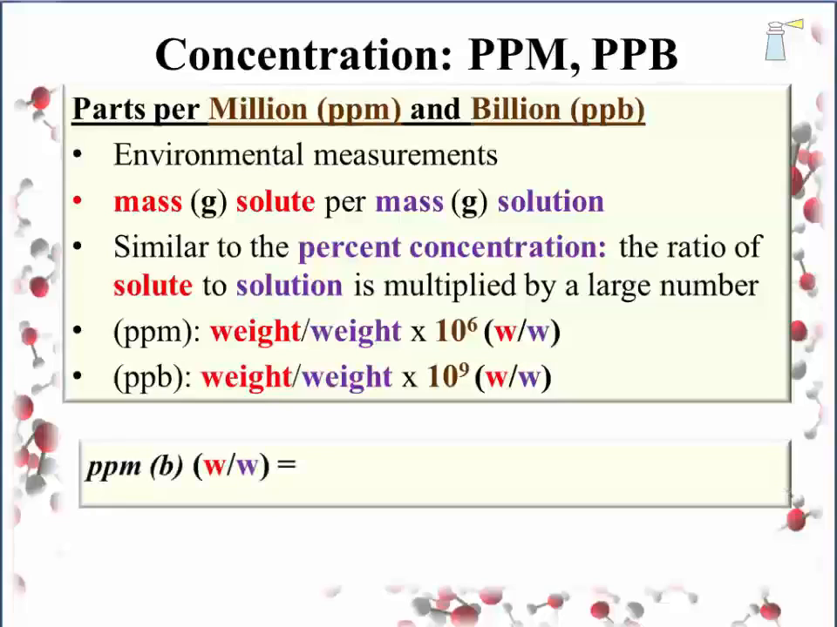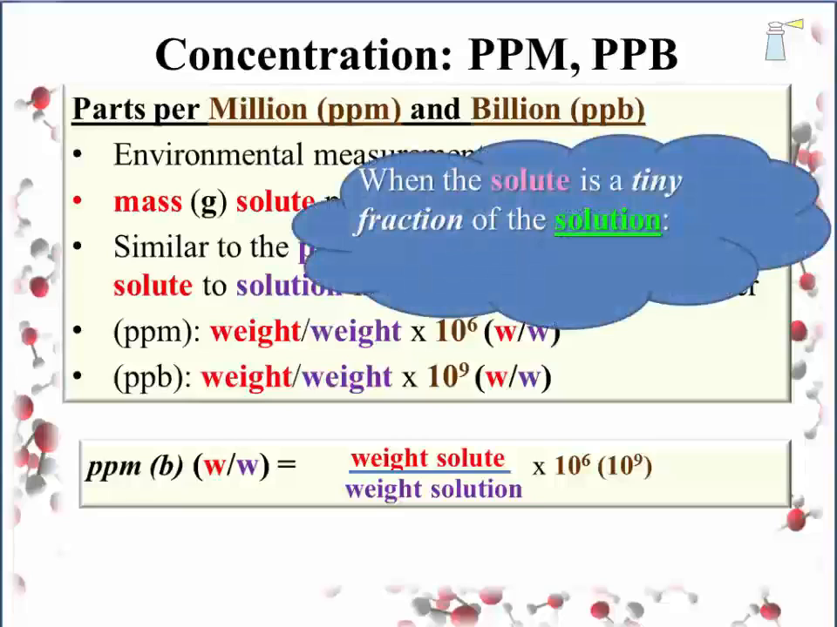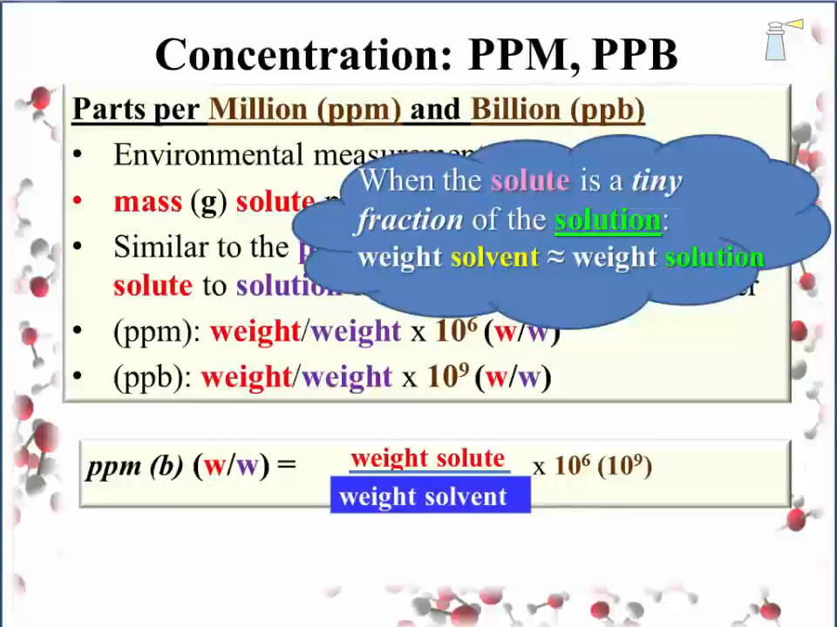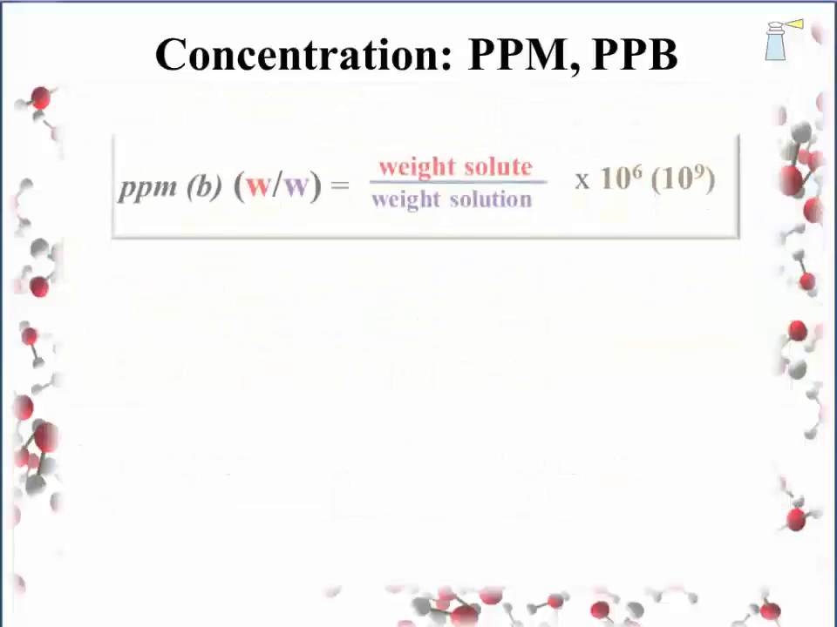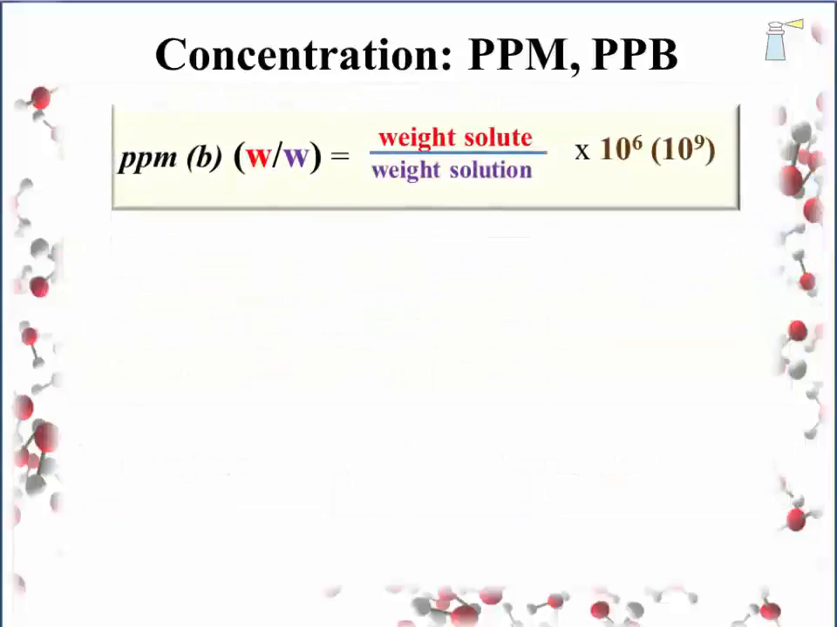The equation for ppm and ppb will look a lot like the percent concentration in the weight-to-weight scale. The weight of the solute over the weight of the solution times 1,000,000 or billion, depending on the scale. There's an important shortcut in dealing with the very small amount of solute found with the ppm and the ppb scales. When the solute is a tiny fraction of the solution, the weight of the solvent is approximately equal to the weight of the solution. The equation can be modified to acknowledge this without much of a change in the actual concentration value. Keeping the concentration equation and bringing up an example problem,